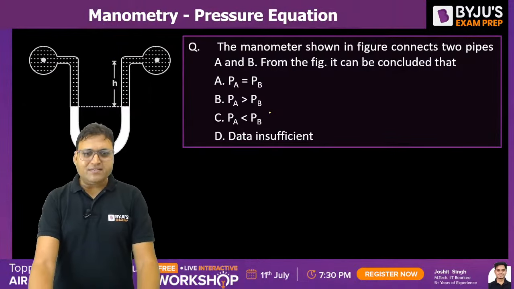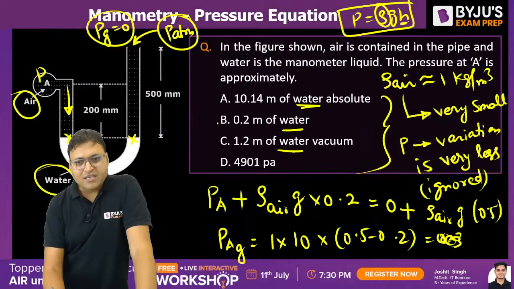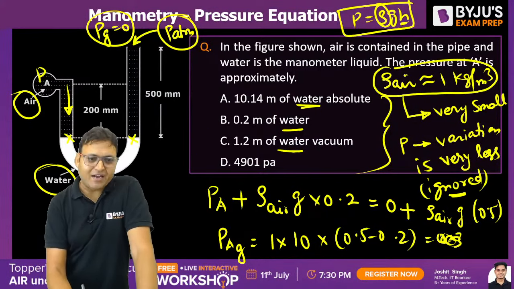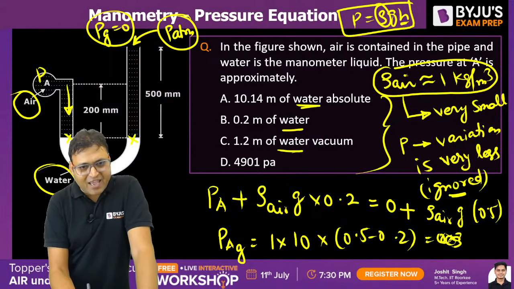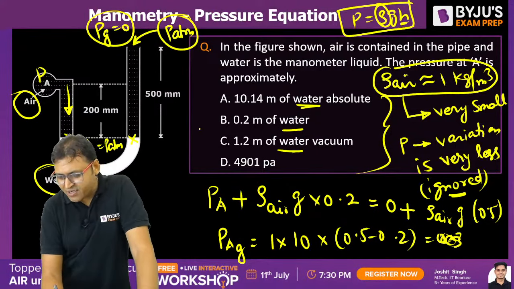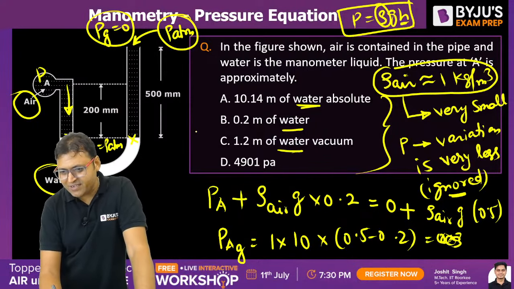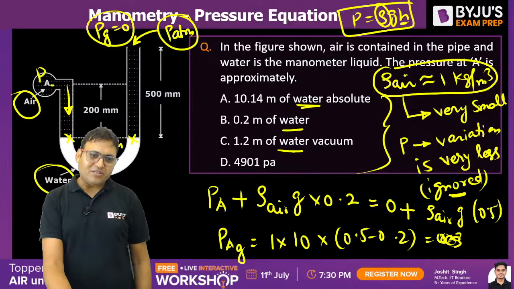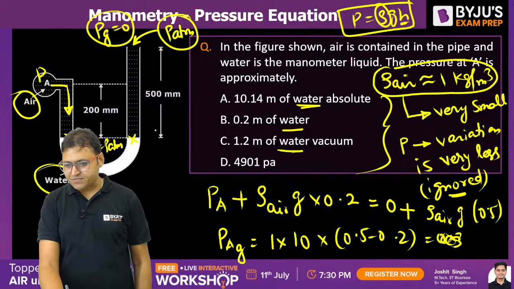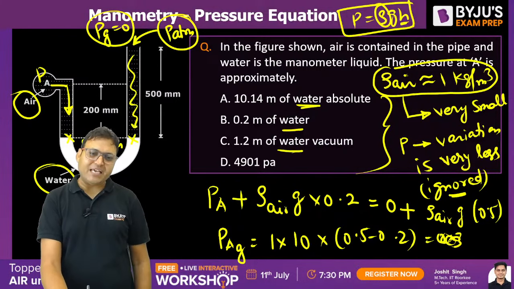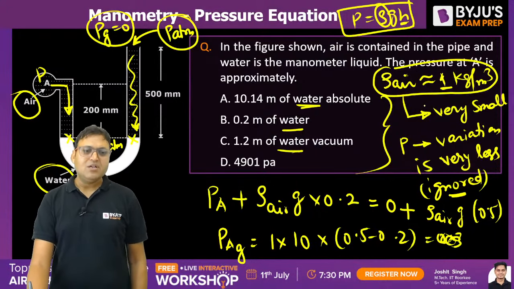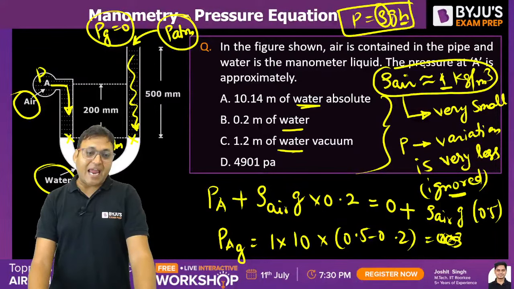What we can do is, if we ignore the pressure variation in air, can we say pressure at A will be same as atmospheric pressure? Yes, Sumit, good evening. Pressure at A is PATM, isn't it? Because the variation of pressure in air is negligible. Pressure at A is almost PATM because the density of air is very, very small. It is almost 1 kg per meter cube. So the pressure at A is PATM and atmospheric pressure is around